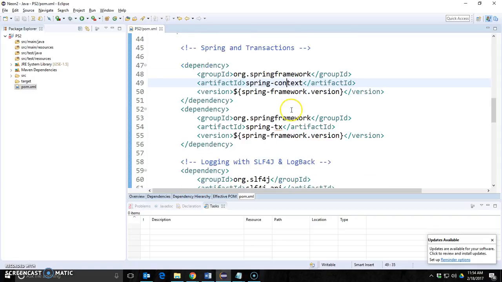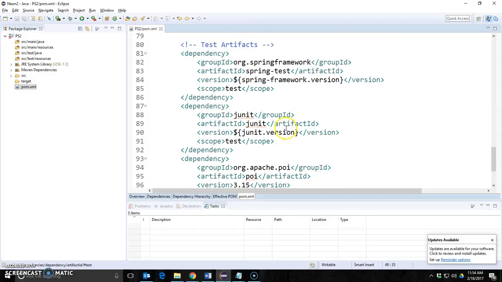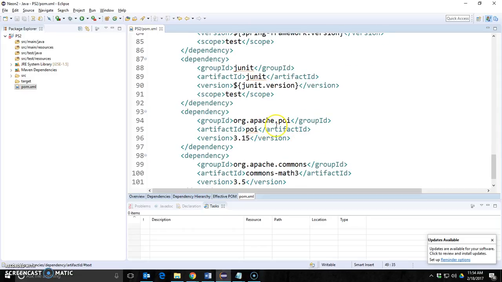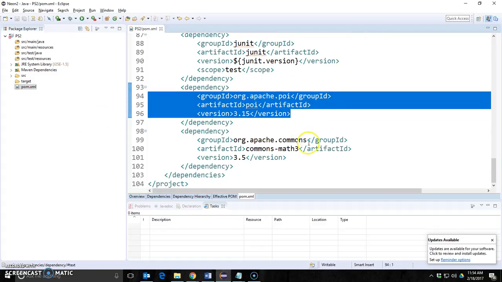I've got dependencies for Spring Framework, we'll talk about later, Logback, Hibernate, JUnit, Apache POI. This is that thing that gives you the financial formulas. There's other stuff in there we can use too. Another one for Commons Math 3. Now it gives me a little red, like your project is screwed up indicator, which is fine, but for now,